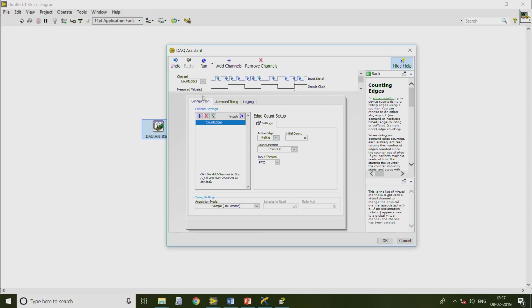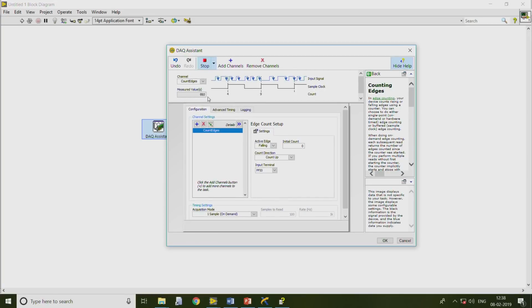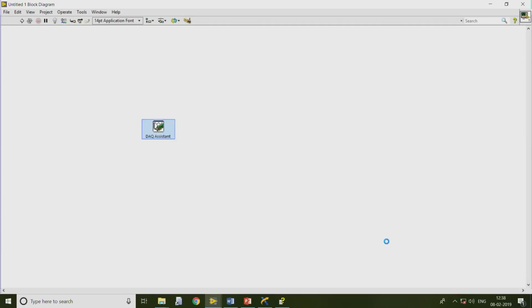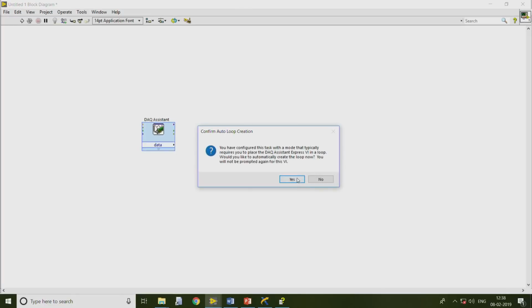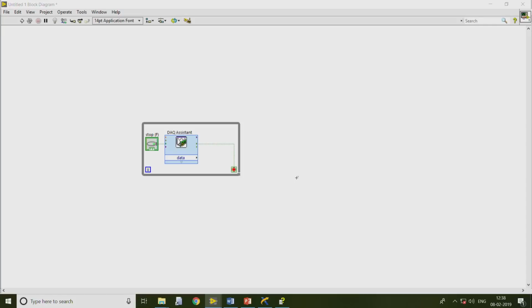Then, to understand whether it is working or not, we can see it keeps on increasing, but unless we stop and run the program, the counter cannot reset the previous measured value. So, I am pressing OK, but the idea was to understand what time it is taking, or how many pulses it is going to generate per second.